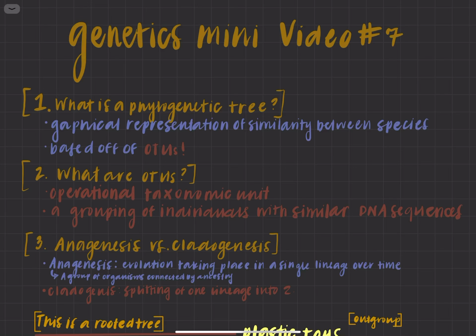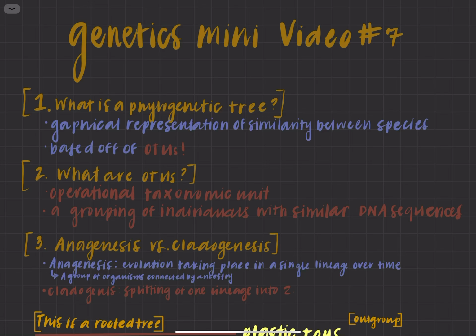Hello, today we are going to be discussing phylogenetic trees, which are graphical representations of similarity between species. And so these representations are made by looking at differences in what's called an operational taxonomic unit. Operational taxonomic units are called OTU for short, and it's a grouping of individuals of the same species whose DNA